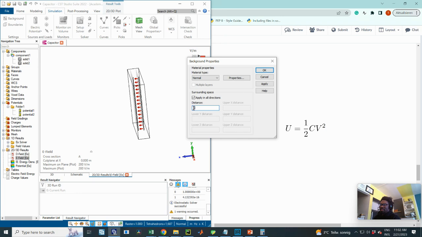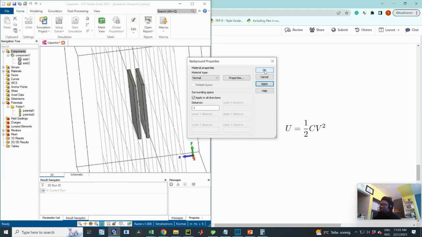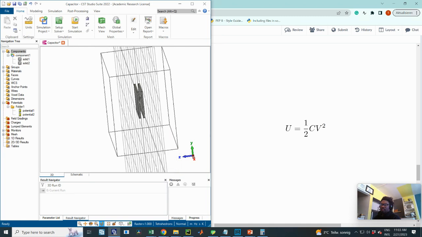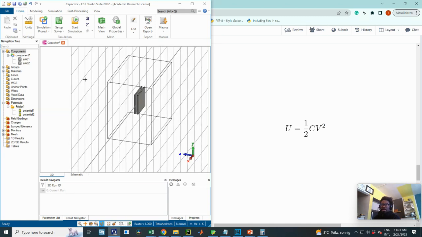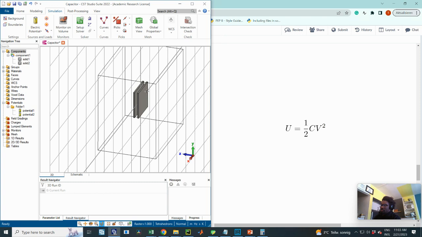So I'm changing this back to 1 meter, applying, so expanding the background. So apply, and yes, delete previous results. Yes, so then I should also undo. So it's like we are starting from the first example with the stray field. So remember what we did to remove the stray fields. First of all,